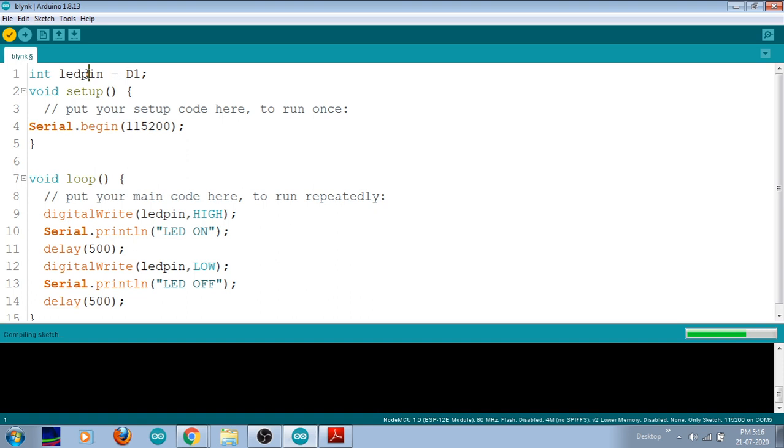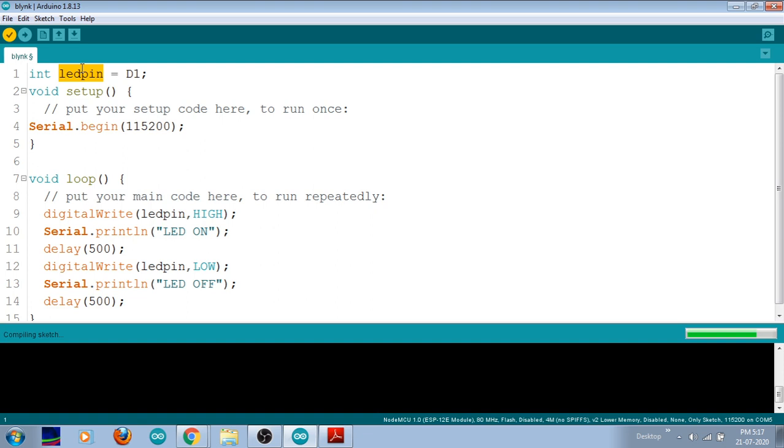This may be needed because very many times we will be changing the input pin from D1 to D2, D2 to D3, somewhere else. Every time we would have to find the pin number in the program and replace it accordingly. Instead I define one variable for this particular pin, and wherever inside the program I want to use that pin, I can use this variable. If I want to change the pin, I only need to change line number 1, and it will be applicable to all other places.